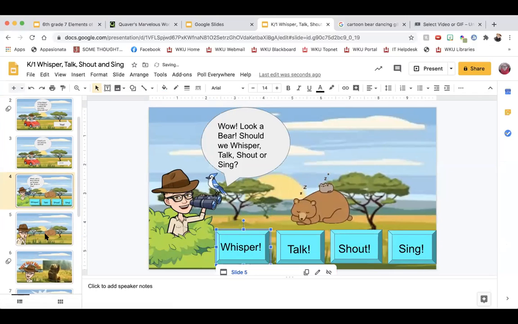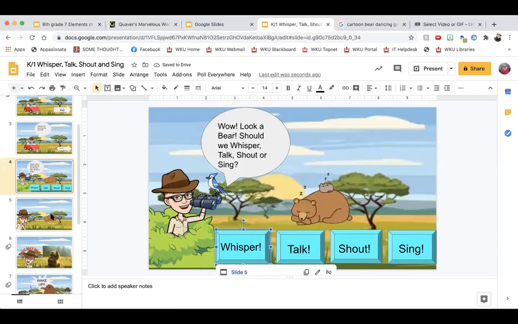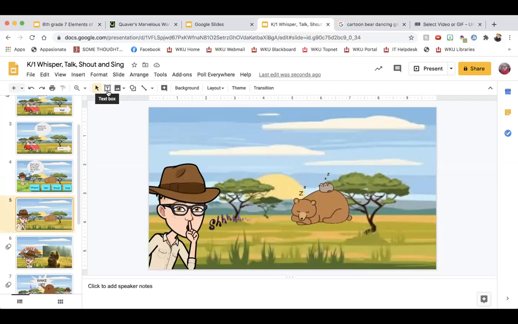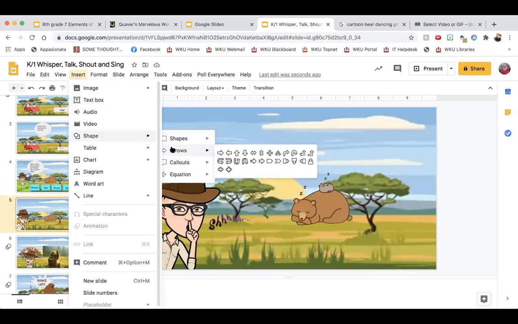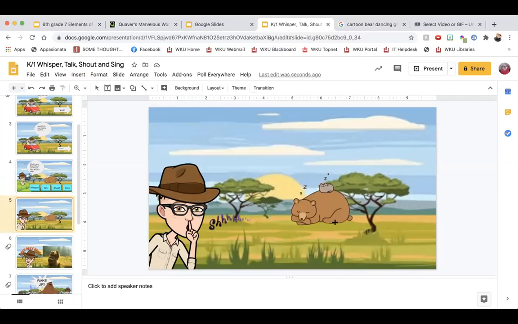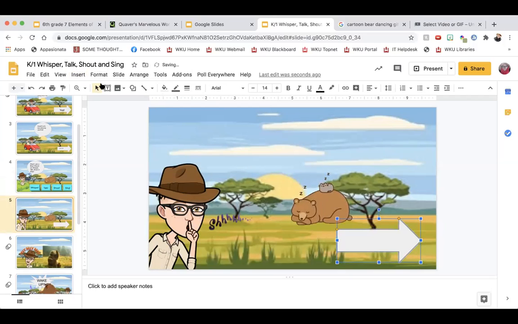This is on slide 4, so let's make a back button. Insert shape, arrow, walk past the bear,